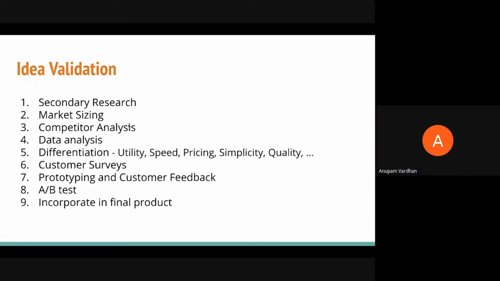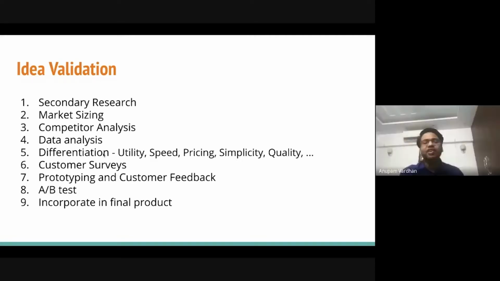As I mentioned, you analyze your competitors. Data analysis: if you have any data with you, if you have any reports with you, go through that. Differentiation. When you're launching a product, you need to ensure that it's offering something different from the competition, right? So either you are solving a new problem altogether, or you could call it even utility. You could categorize that within utility. Are you solving a new problem altogether? If not this, then you have to differentiate on something else. So you have speed. Is your product solving the problem faster? Pricing, is it cheaper, or is it easier to use?